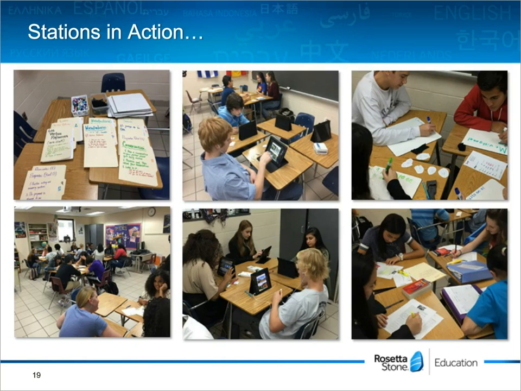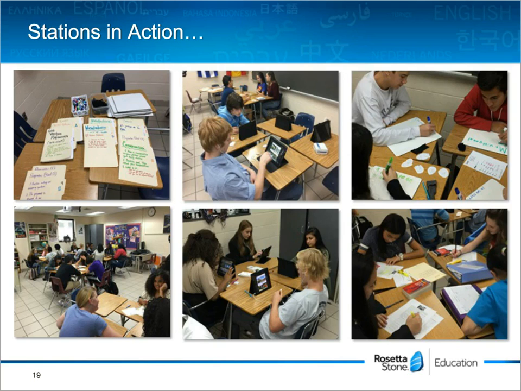Of course, if you do the directions in Spanish, they have to be very simple, because you don't want to have to go around explaining directions to everybody each time they use it. The directions are there, and at the beginning I explain to them that they need to read very carefully, because some stations will tell them to do the work in writing, some will tell them to do the work listening or simply responding, or they may have to use a digital recorder. There's just a lot of different activities going on at the same time, so it's really important that they read.